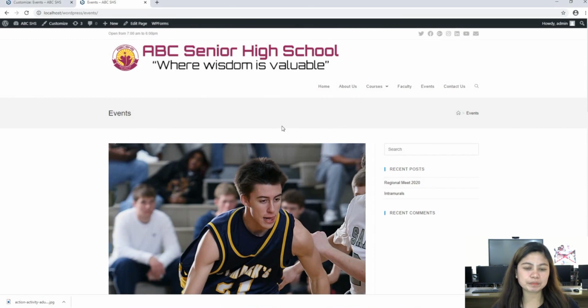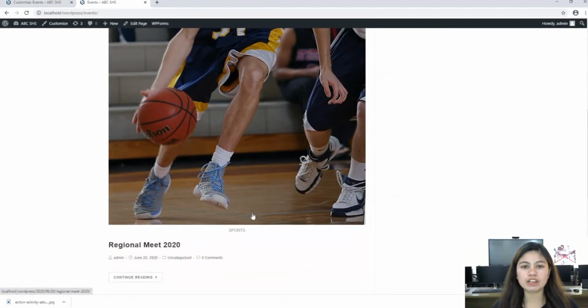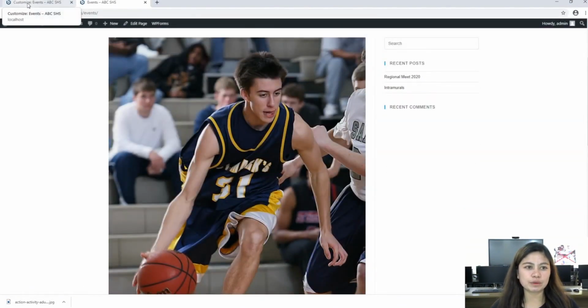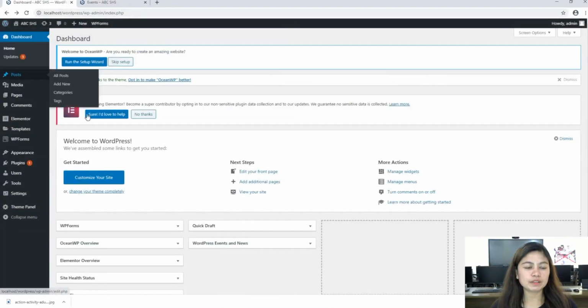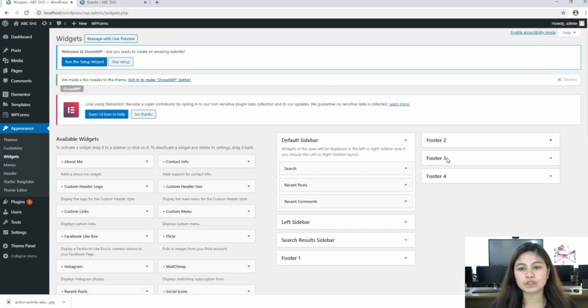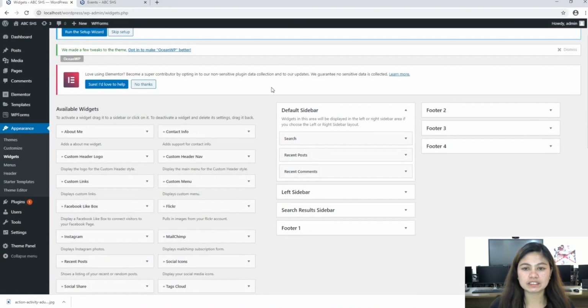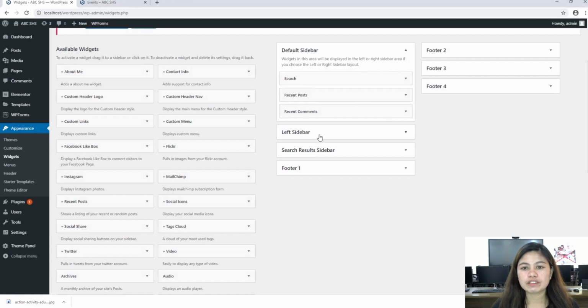So, this time, mag-i-insert tayo ng widgets for our website. So, balik tayo ulit sa ating dashboard. And we have to click appearance and widgets. So, basically, ito yung makikita natin. We have default sidebar, left sidebar, footer 1, 2, 3, and 4. So, i-as is ko na lang yung default sidebar and left sidebar. So, for the footer 1,